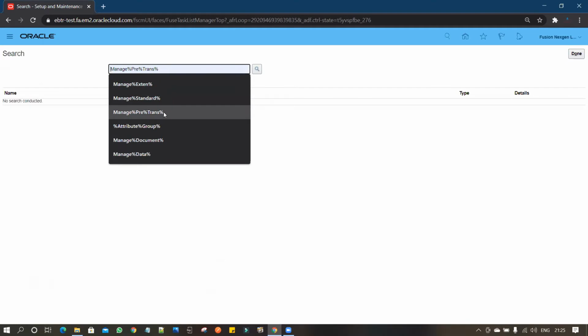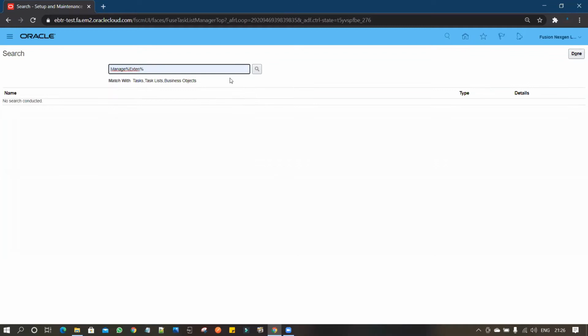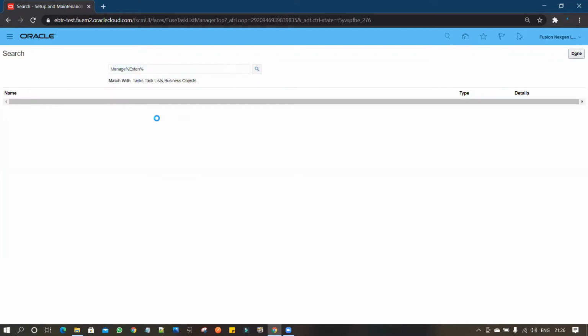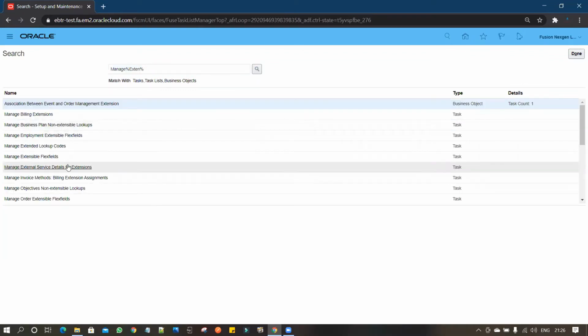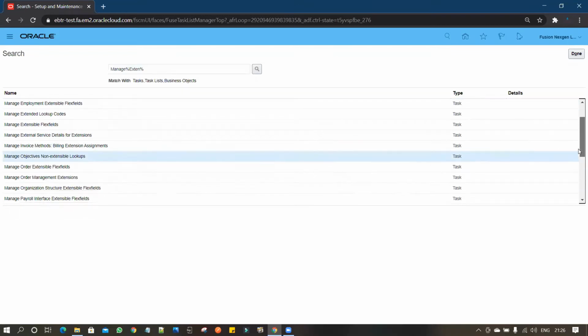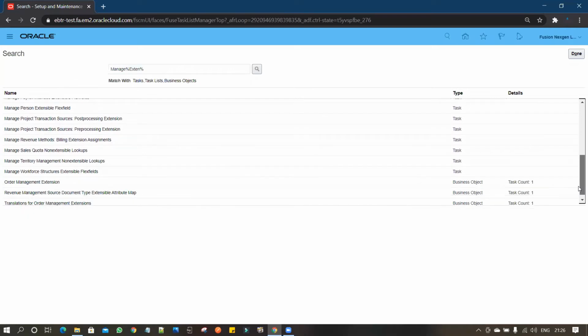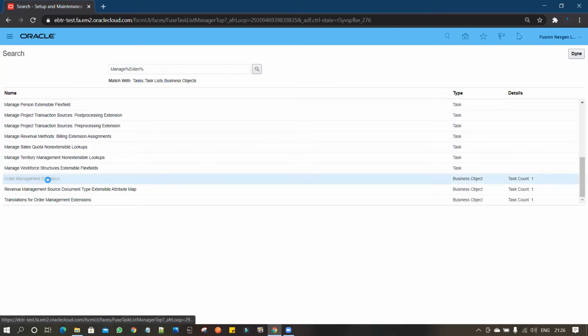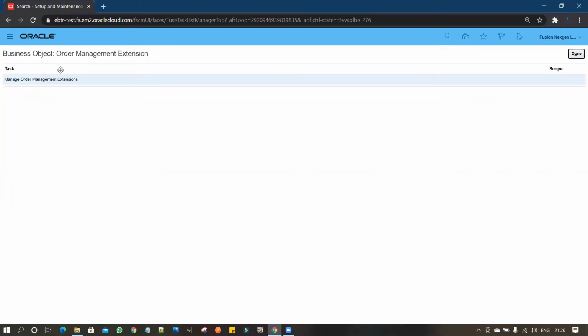You can copy and customize it based on your needs. For that, first you have to search for manage extensions. So I have created the extensions for that. You have to go to the task, order management extensions.